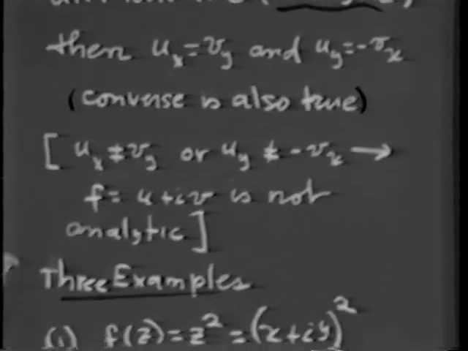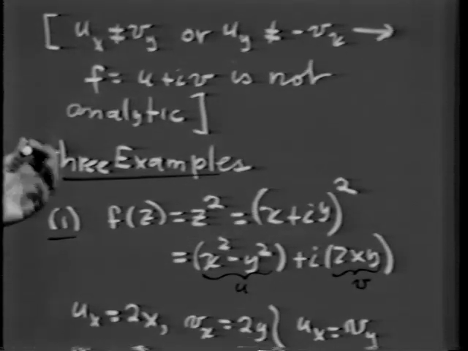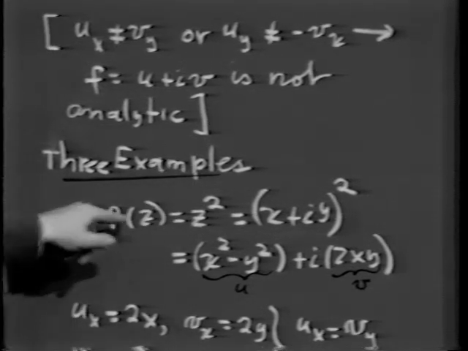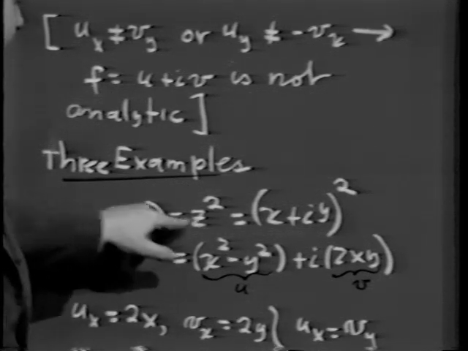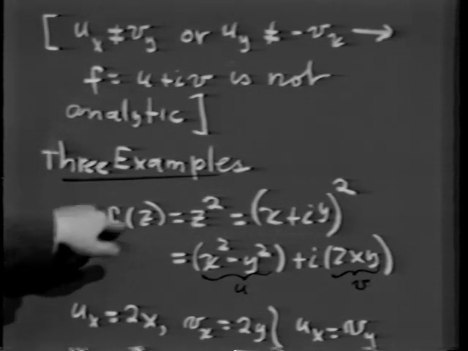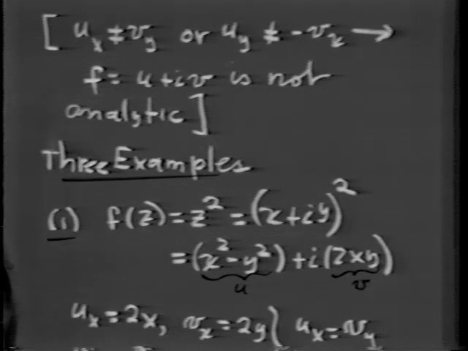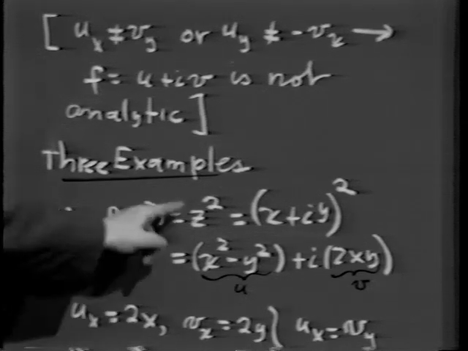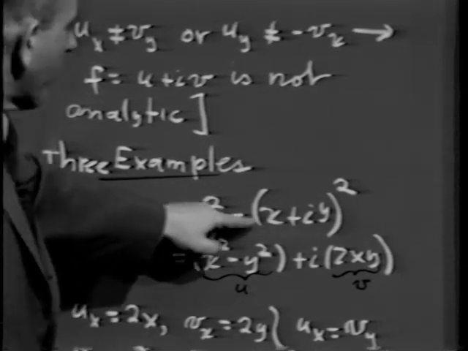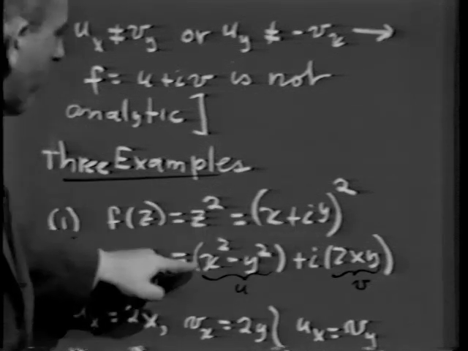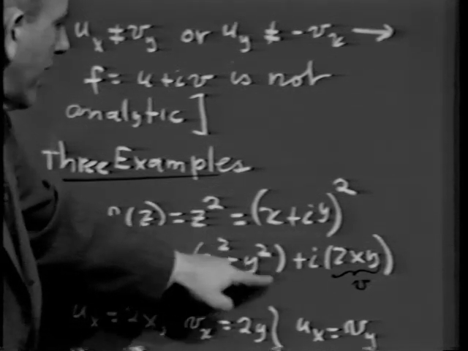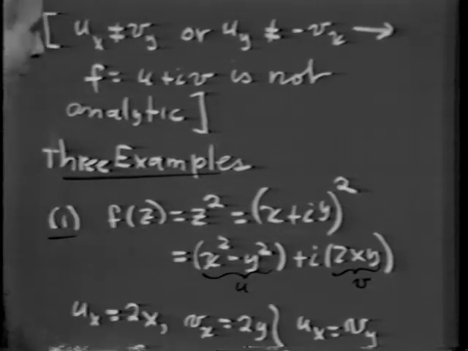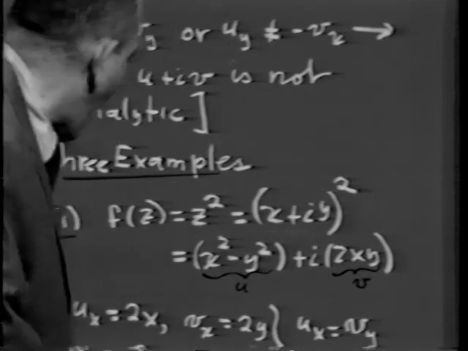Let's take 3 examples, but hopefully one at a time. The first example is f of z equals z squared. And by the way, before I go any further, notice that if you had not thought of any subtleties here and I said, what is f prime of z, the odds are overwhelming that you would have said 2z right away. And I want to show you that that really is the case, and I want to do it in 2 different ways. One is, as we've seen before, z squared can be written as x squared minus y squared plus i times 2xy. So that corresponds to u equals x squared minus y squared, v equals 2xy,